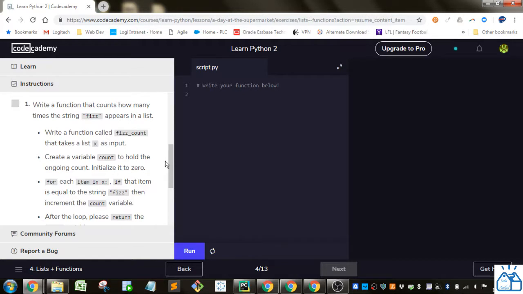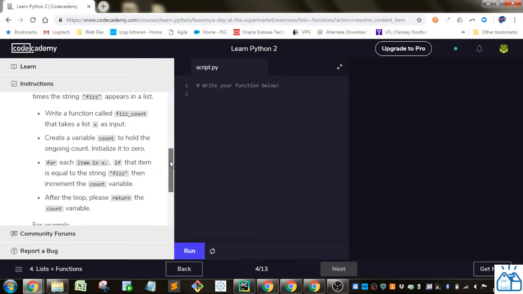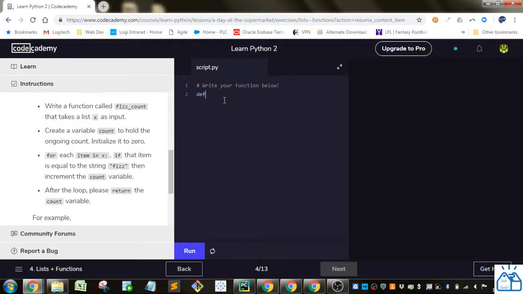Write a function that counts how many times the string Fizz appears in a list. Write a function called Fizz count that takes a list X as input. So we're going to define a function and call it Fizz count. It takes in a list X as input. Create a variable count to hold the ongoing count, so we're going to initialize that count to 0. For item in X, where X is the list that's going to be passed into this function,